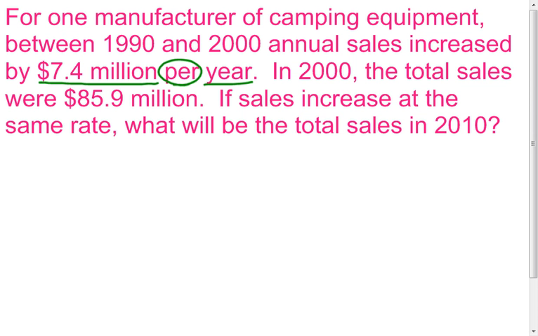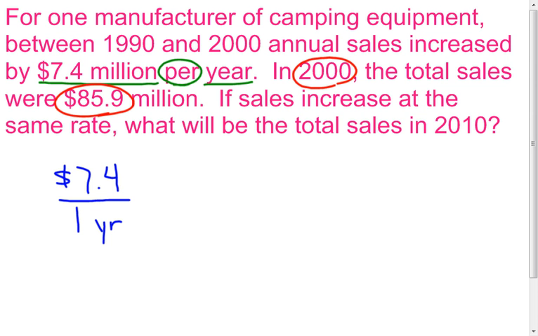Now in 2000, the total sales were at $85.9 million. And it says if sales increased at the same rate that we had up there before, what will be the total sales in 2010? Now, one way to do this is we can look at this $7.4 million as a slope per 1 year. Now we need to figure out how many years we're going to increase at that $7.4 million. Well, it tells us a beginning time and a beginning dollar amount, and then it tells us an ending time,